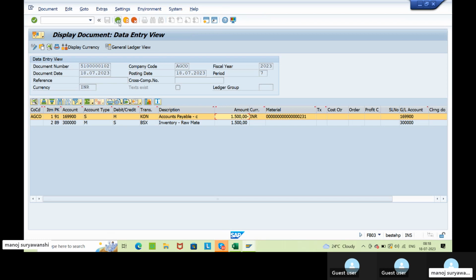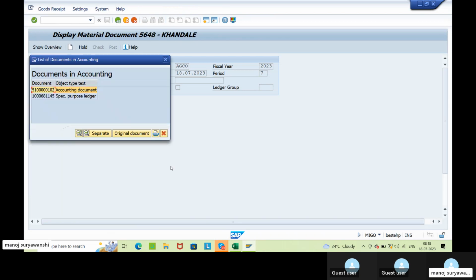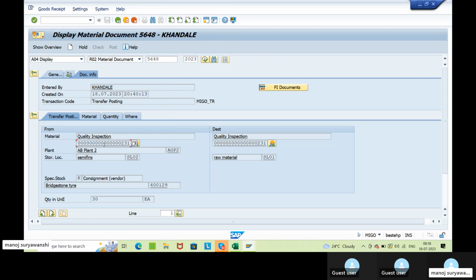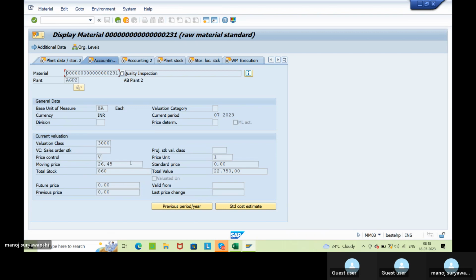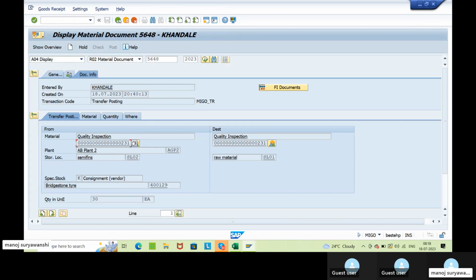Okay, so accounting document is generated and the valuation of this stock takes place with material master price. तो 30 क्वांटिटीज हमने लिया है, 1500 है, मतलब मटेरियल मास्टर में 50 रुपीज उसका प्राइस होगा। If you check the material master record, accounting data, 26.45 in AGP2, no sorry, this is consignment process। तो कंसाइनमेंट के PIR में जो प्राइस होगा उससे इसका वैल्यूएशन होगा।